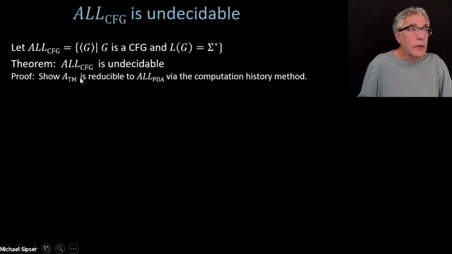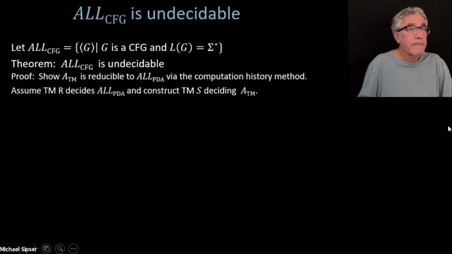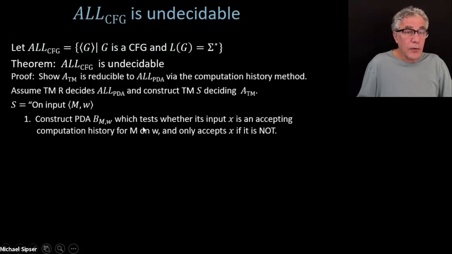Okay, so we'll show that ATM is reducible to ALL_PDA via the computation history method. Assume we have a decider for ALL_PDA and make a decider for ATM. Here's the ATM decider. And now, similar to what we did for the